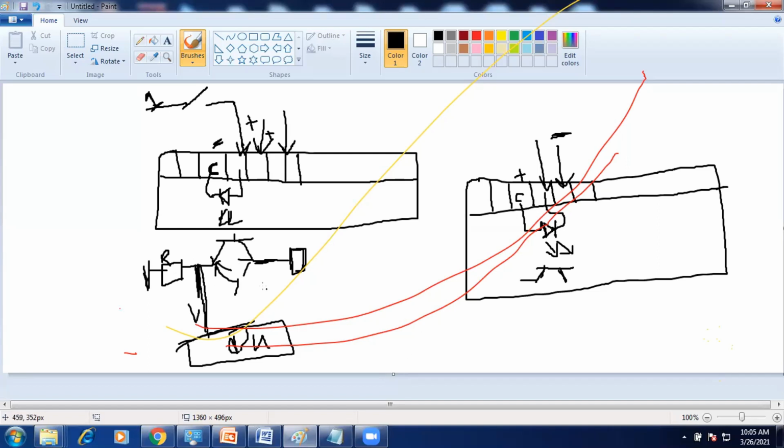So far we have discussed only the input parts. Next we will discuss the CPU to LED and then the phototransistor. After that we will move to the output part.